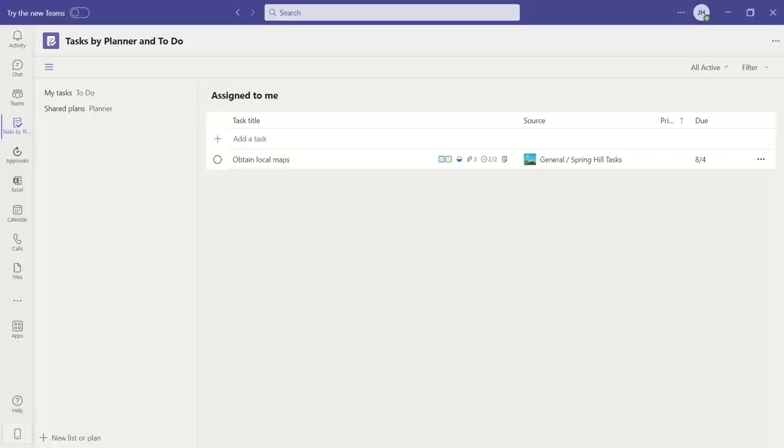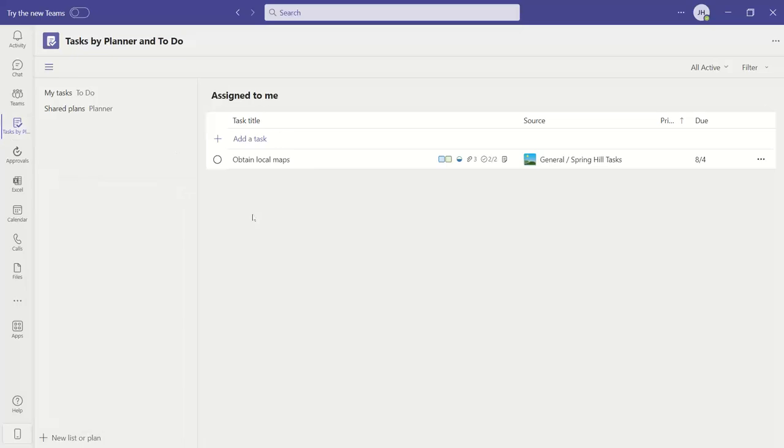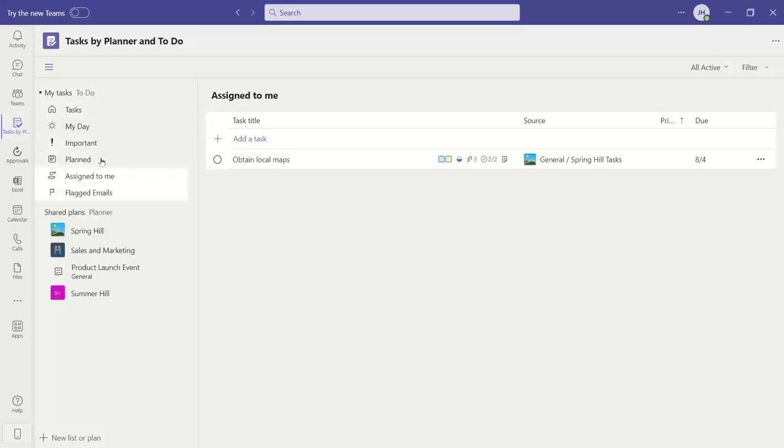It's easy, once you know how, to add the app tile tasks by planner to do on the side. You can use it on your phone. You can just download that. And then certainly the to-do app, it's all built in together here, but shared plans and then to-do items for yourself. So hopefully this was helpful in just